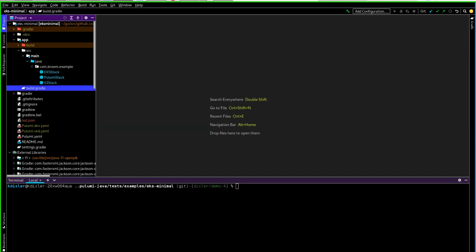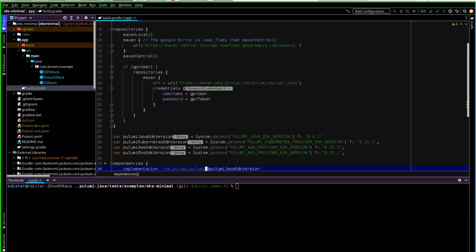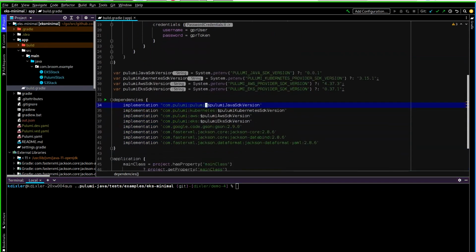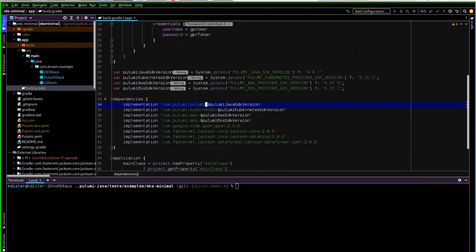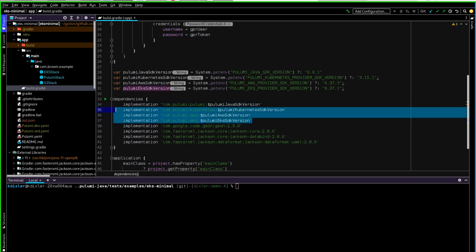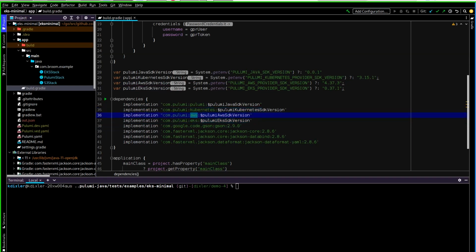And first, I'm going to open up the build.gradle. In order to get started with this, I'd recommend just copying the build.gradle itself because it's set up properly and it has the dependencies you need. So you have com.pulumi in order to be able to use the engine, and then you have whatever providers you want to use right here. So if you want to import an AWS provider, you would do com.pulumi and then AWS. If you want GCP, you'd put GCP here instead.